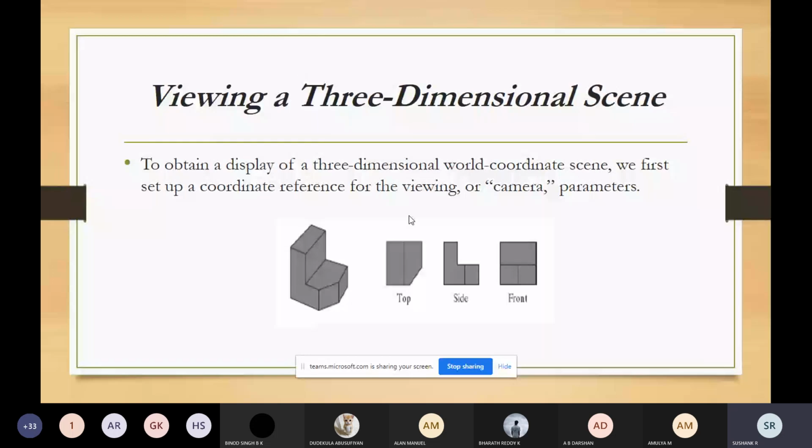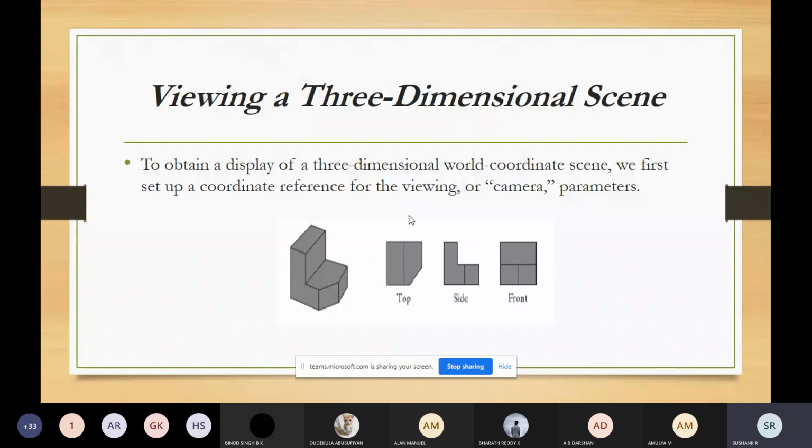The second image, where I've written top, is how you see the image when you're seeing it from the top side. When you're viewing from the top side, the object will look like that. The same object on the left hand side, when you're seeing it from the side face, will be in the form of an L shape. That is your view when you're seeing the image from the left hand side.